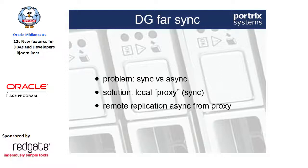Data Guard fast sync is another feature that solves a problem that does exist. When you do Data Guard, you can choose between doing synchronous replication and asynchronous replication. Synchronous means whenever you commit in your production database, you have to wait until that commit has actually reached all your databases. Whereas asynchronous means I'll just commit and then I'll asynchronously ship redo information to another database. Synchronous is really only practical over a very short distance, because if you introduce latency, then that's going to hurt you in your production system. And in 11g, you can only choose between one and the other. 12c lets you do